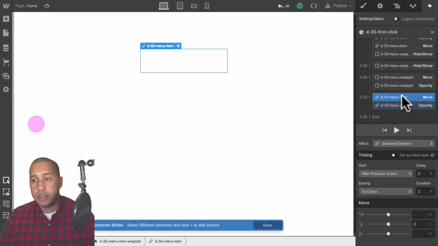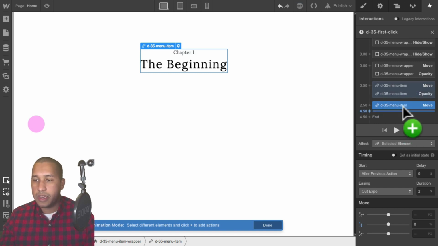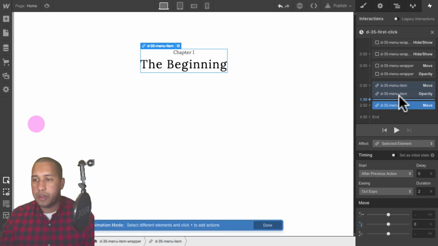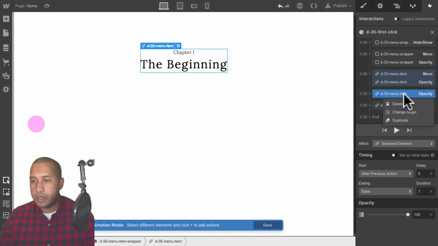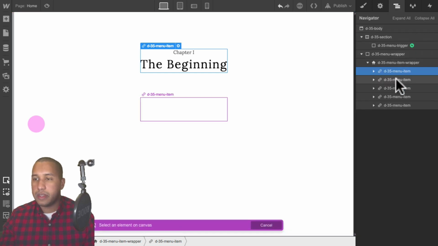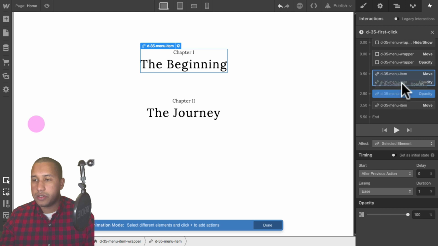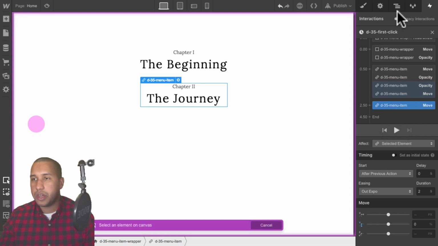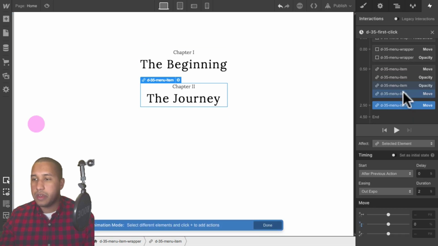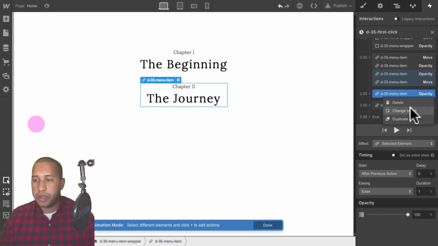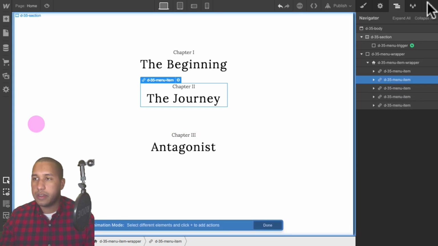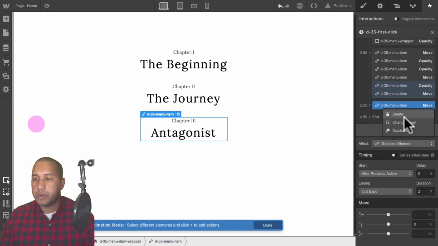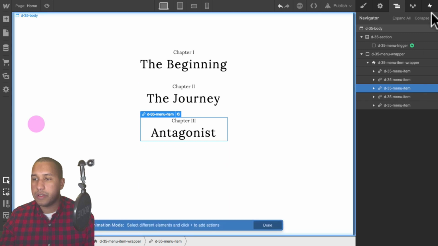So again, like we did for the initial states, I'm going to right click, duplicate, right click, change target, select the second menu item. And for the opacity, right click, duplicate, right click, change target, and select the second menu item, and just make sure they start with the other ones. Then right click, duplicate for the movement, right click, change target, select the third menu item, opacity, right click, duplicate, right click, change target, select the third, and we'll start them up here, and right click, duplicate, right click, change target, select the fourth for the movement,